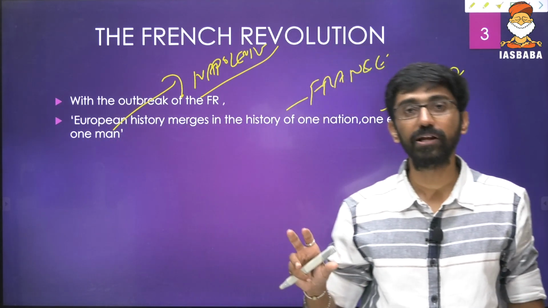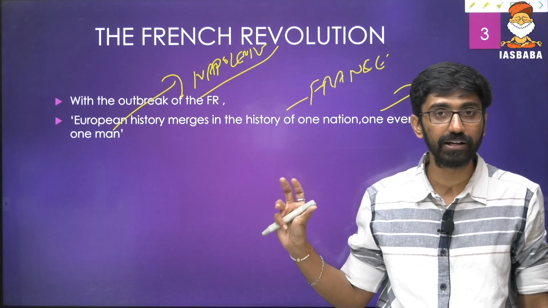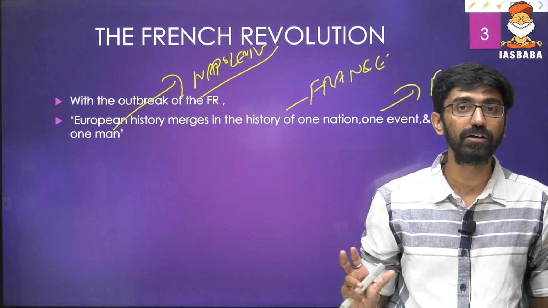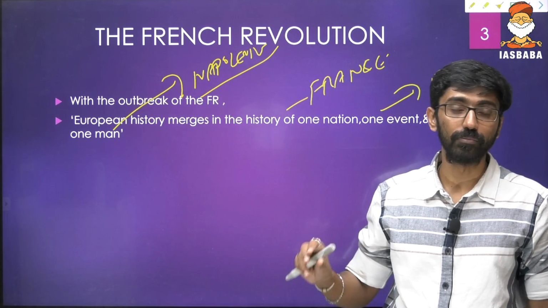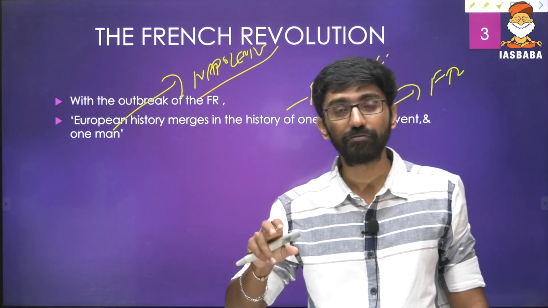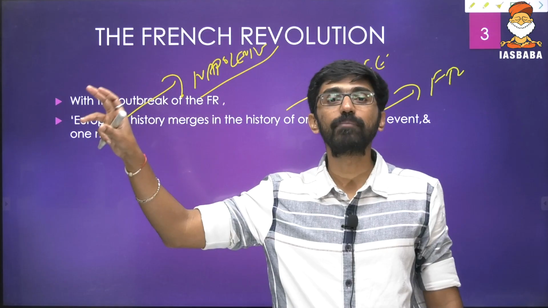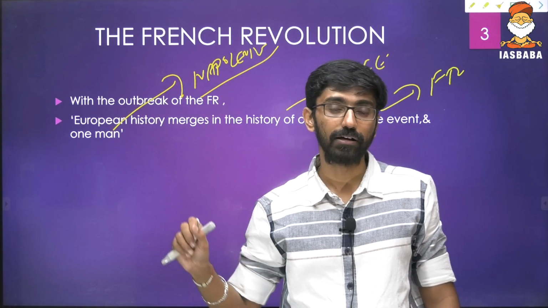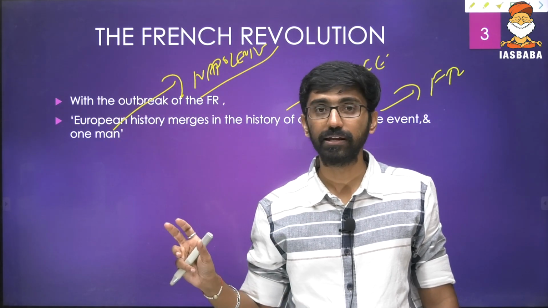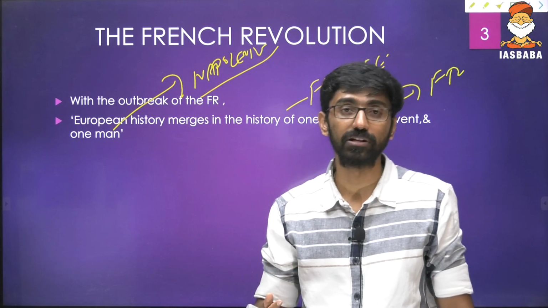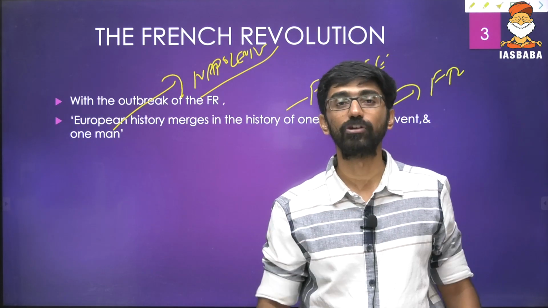Napoleon influenced the entire continent for nearly 15 years, from 1799 until 1814-15. And the one event, the French Revolution, had ideals and ideologies, that is liberty, equality, fraternity, that influenced people in other countries of Europe. We can talk about German unification and Italian unification, which were again influenced by the ideals of the French Revolution.